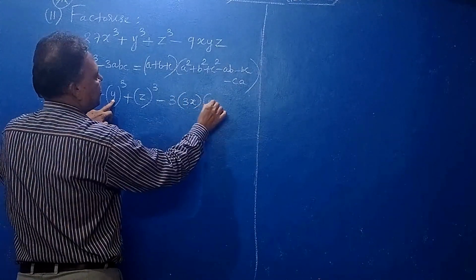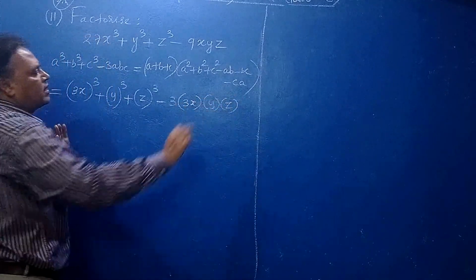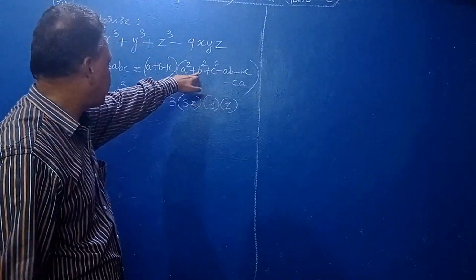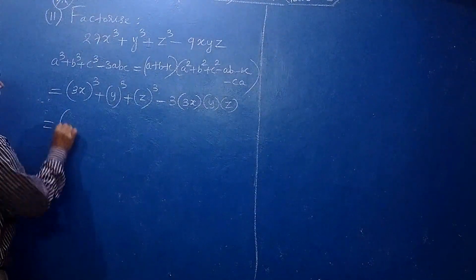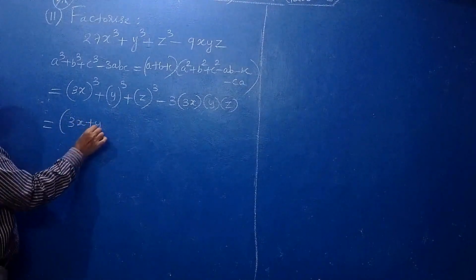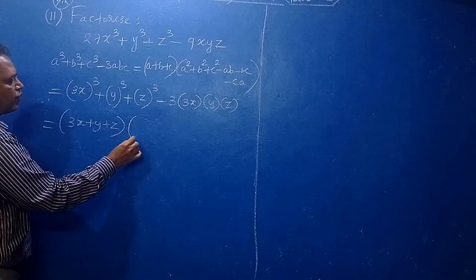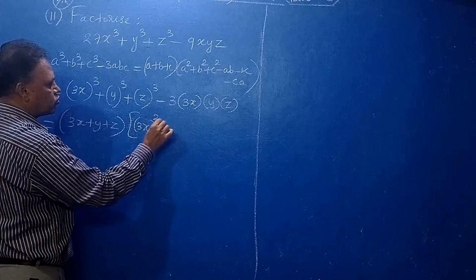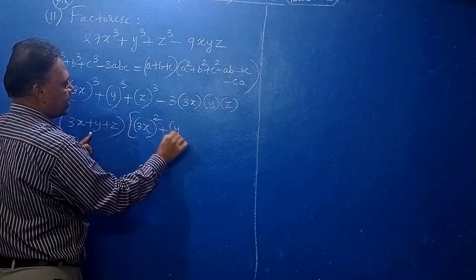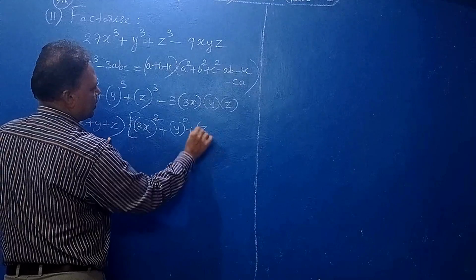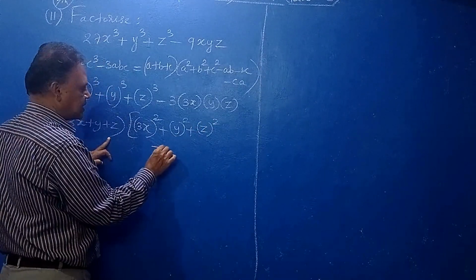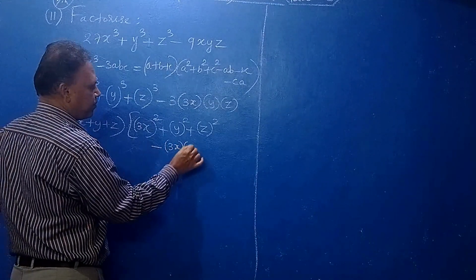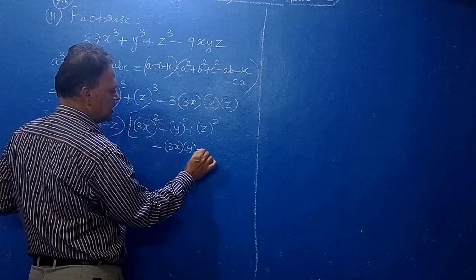Clear? What is b? y. So currently we will get the form a cube plus b cube plus c cube minus 3abc. That means you can apply this formula. This is nothing but (a plus b plus c) into (a squared, that is 3x the whole squared, plus b squared, that is y squared, plus c squared, that is z squared, minus ab, that means 3x into y,